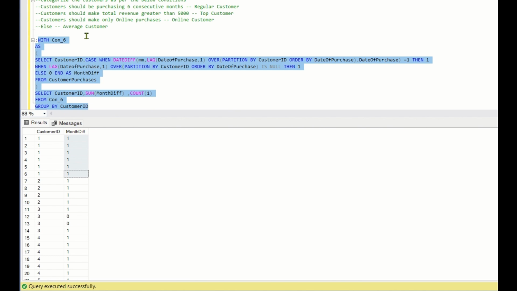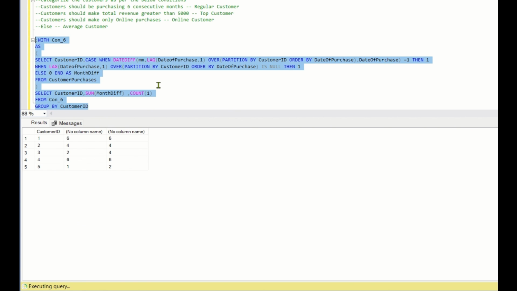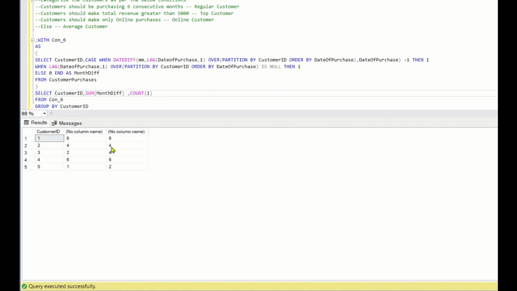And if I run this, what are we getting? We are getting for every customer ID the sum of the month difference as well as the count of 1. Okay, so now we will see why I have written